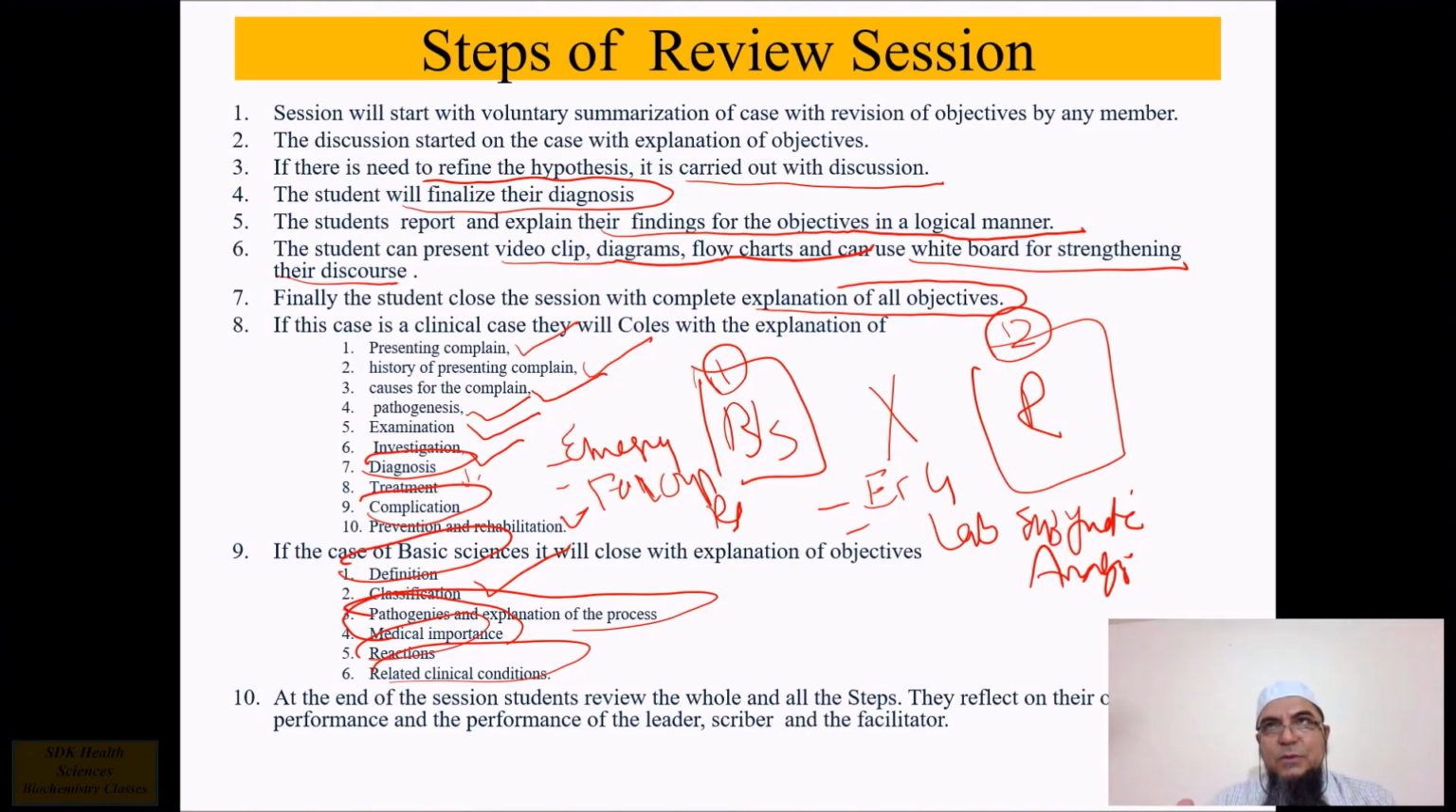The 50-year-old male came to us with retrosternal chest pain for the last 3 hours associated with nausea, vomiting and sweating. For this, we made these objectives and we sorted out that we need to see the causes, the pathogenesis, the examination, the investigation, the relevant treatment, then the complication, prevention and rehabilitation. And in the review session, they discuss all these points and then they come up to the final solution that this was a case of acute MI